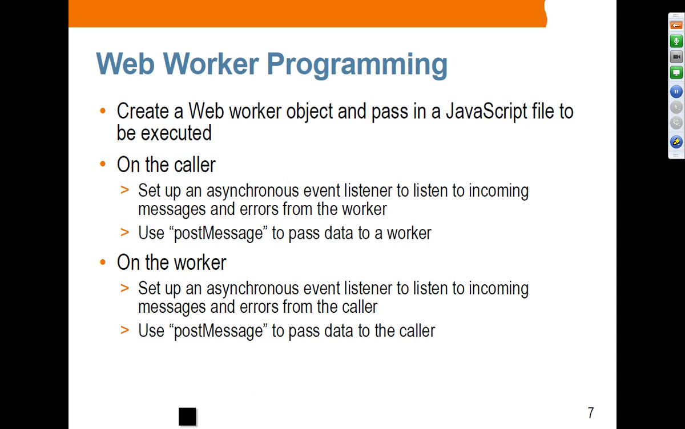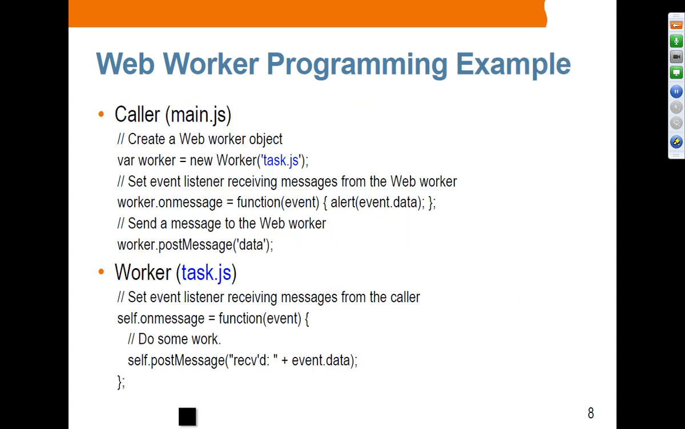So the programming model actually looks pretty much the same as the other. Yesterday we learned cross-domain messaging, right? And the programming model is exactly the same. Okay, so this is the code. Let's say we have main.js JavaScript code, and that's the caller. If it needs to perform some JavaScript task, it could capture that task in a separate file called